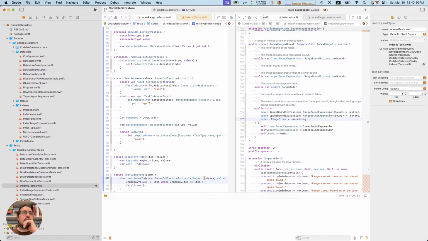Okay, we have an index that's of this protocol. Whatever type the index has, we want this to be the value. So let's rename these to be a little more clear.